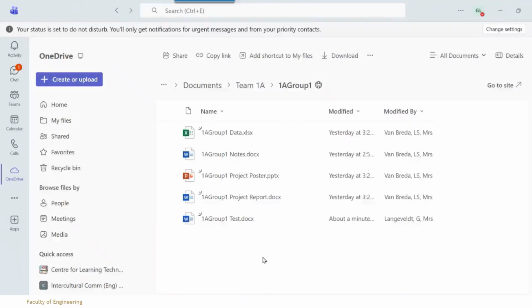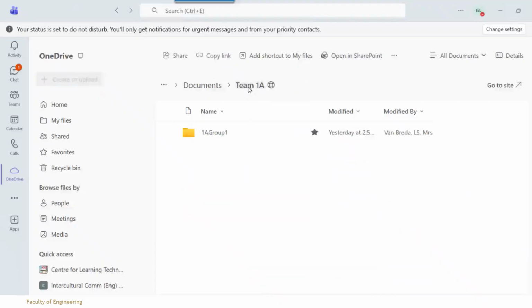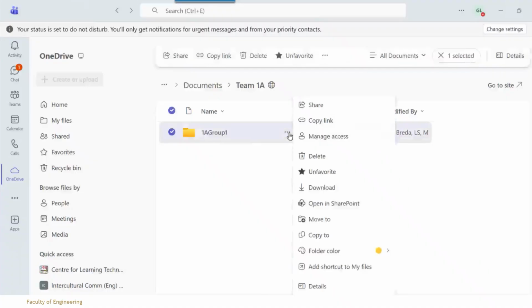Perfect. As the group leader for the day, who I, as the facilitator, has given editing rights to, you are now responsible for adding and giving editing rights to the rest of your group members. To do this, you will go back to the overarching folder. Hover over it to see the three dots. Click on it, select Manage Access,